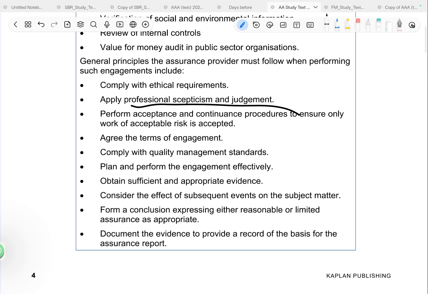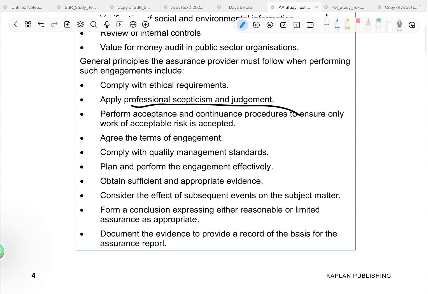They must also comply with quality management standards to ensure the work meets professional standards. Another important step is planning the engagement properly, so the work is performed effectively and efficiently. During the engagement, the practitioner must obtain sufficient and appropriate evidence to support their conclusion. They must also consider subsequent events, which are events occurring after the subject matter period that might affect the